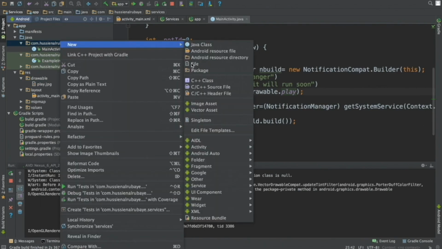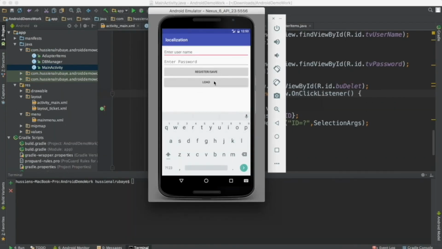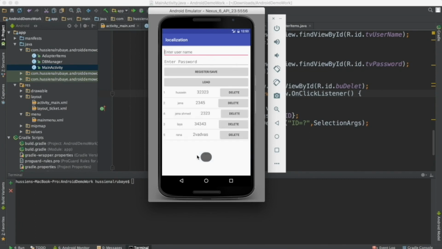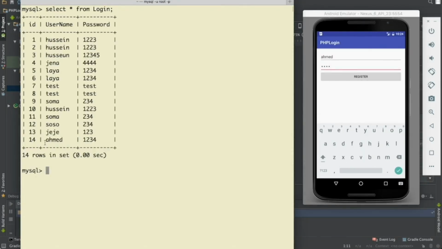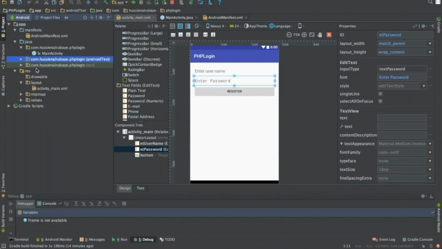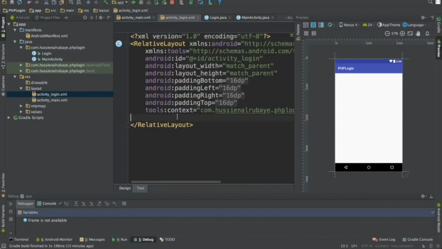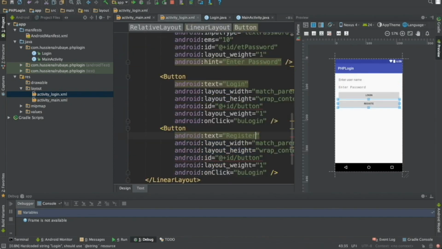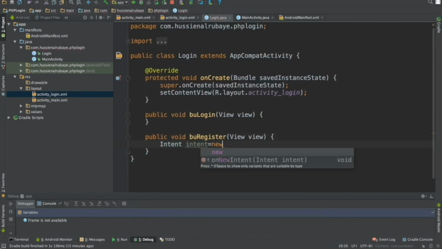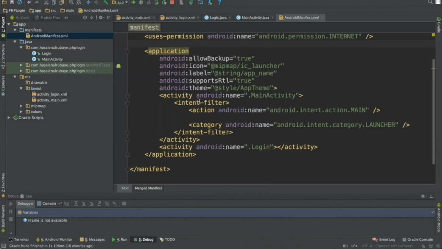Then we'll talk about services, how to make our application run in the background. Then we'll talk about storage and how to use SQLite as a storage on our phone and how to share storage data as key and value. Then we will talk about web services and how we could access remote data like a MySQL database or SQL Server database. We'll start implementing web services with PHP to save, read, delete and update data from the MySQL